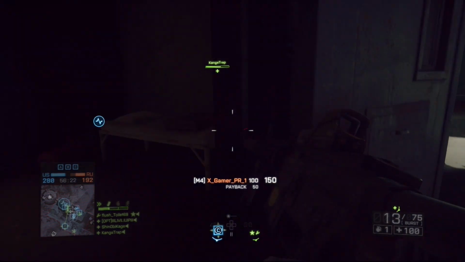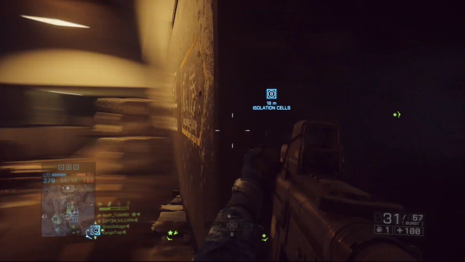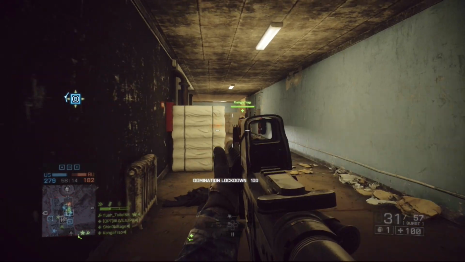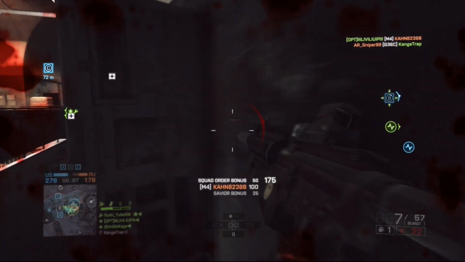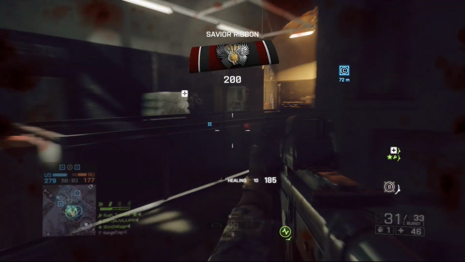The muzzle velocity is 580 meters per second and has a suppressed muzzle velocity of 320, which is not fantastic, but I don't really find it to be that much of a hindrance, as this is more of a medium-range weapon than a long-range weapon, and honestly, once you have it memorized, you can pretty much just compensate for that